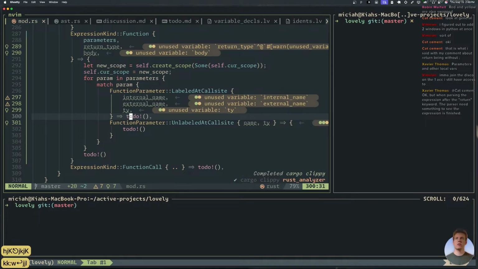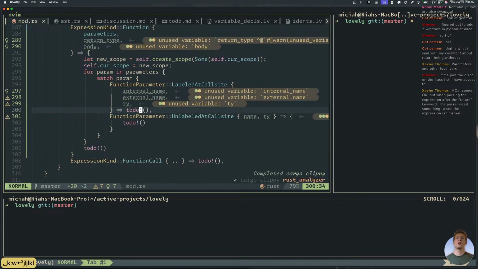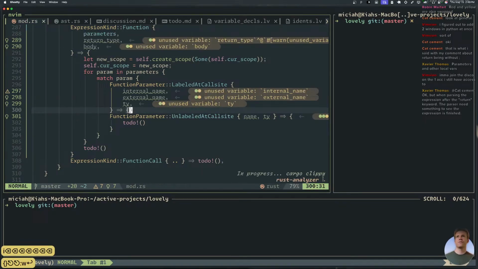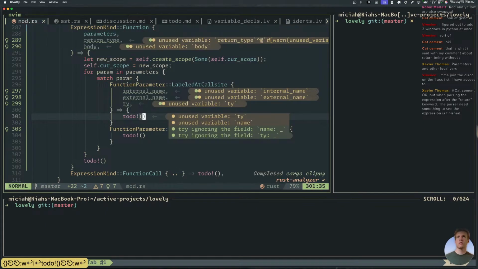So these have internal and external names. We don't really need the external name. We have a type. Perfect. Okay, this is interesting. So if it's late, this basically is gonna do the same thing anyway. Right.